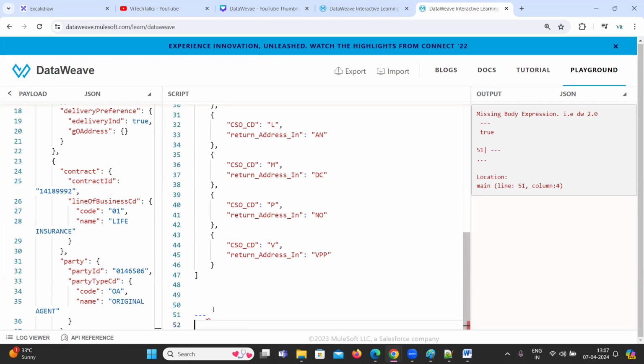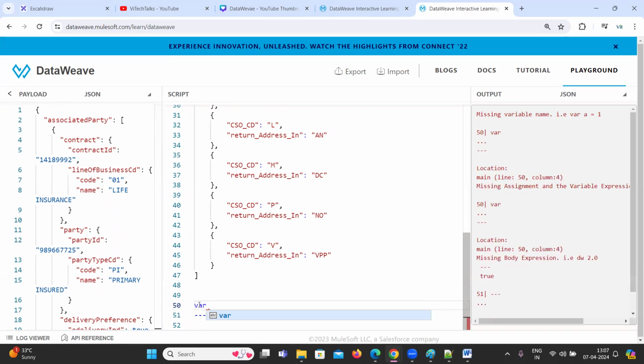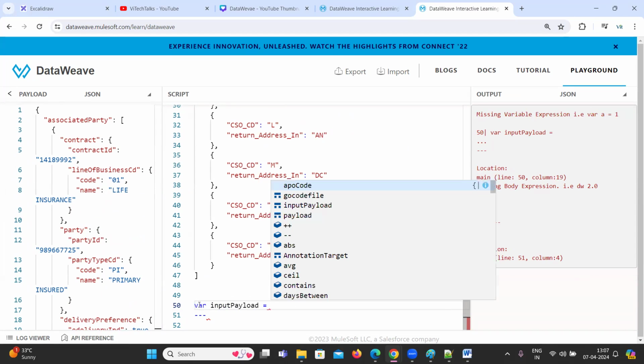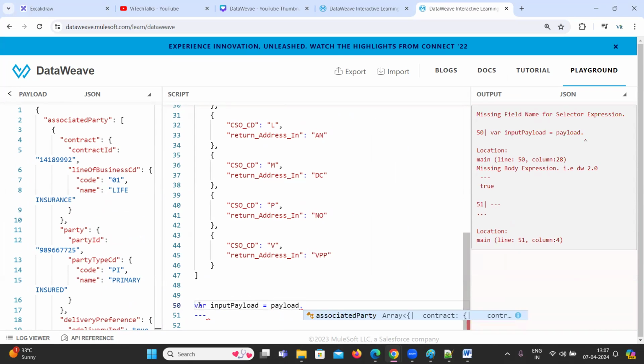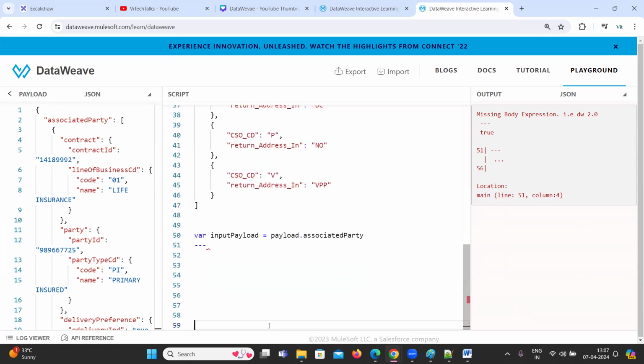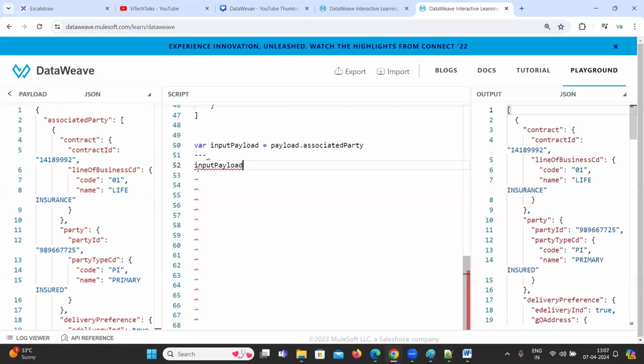So I'm going to keep the input payload value here. Okay, input payload value. So let me write a variable: input payload equal to payload of associated party. Let me give some spaces so that you are able to see. Now, if I print only this value, okay, we are getting, see,